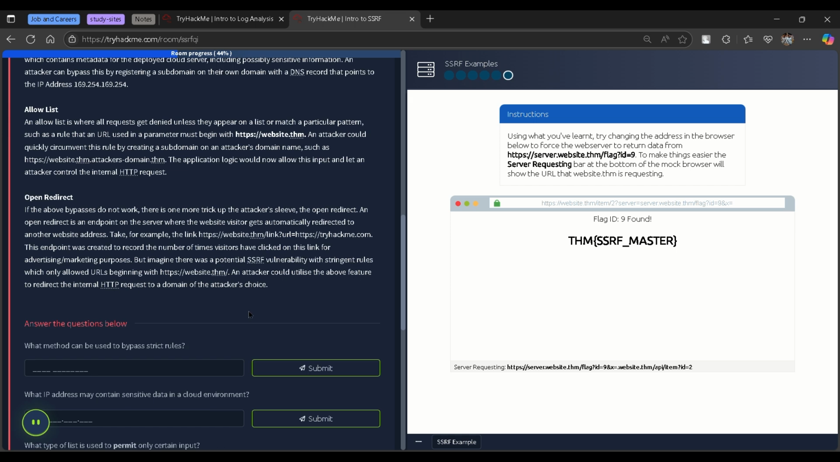If the above bypass does not work, there is one more trick for the attacker: an open redirect. An open redirect is an endpoint on the server where website visitors get automatically redirected to another website address. Take for example the link below. The endpoint is created to record the number of times visitors have clicked on the link,